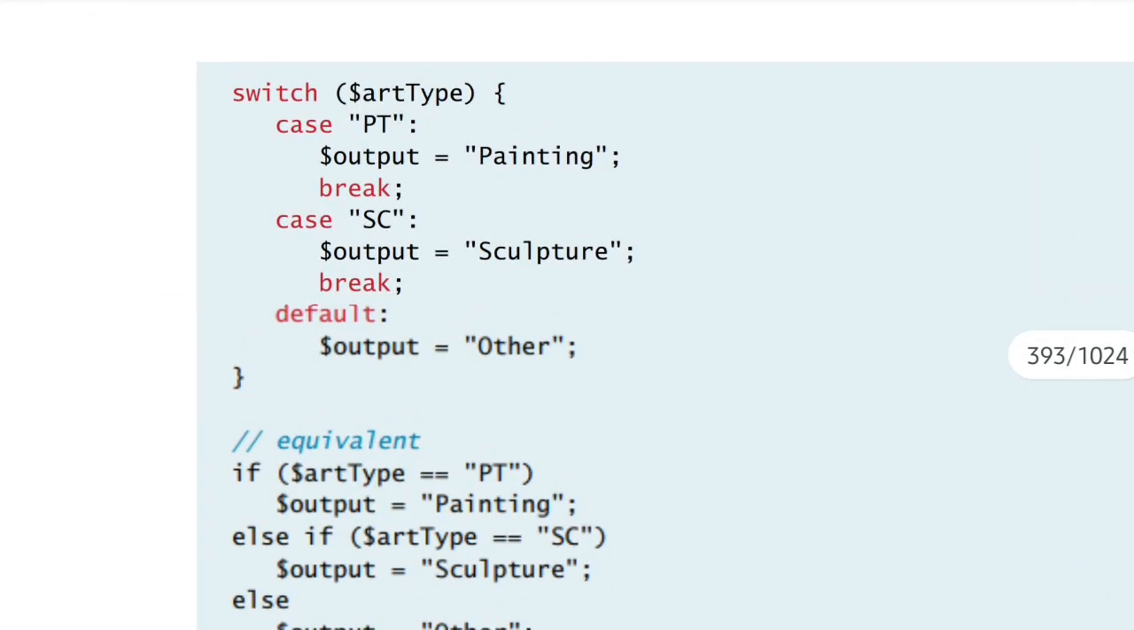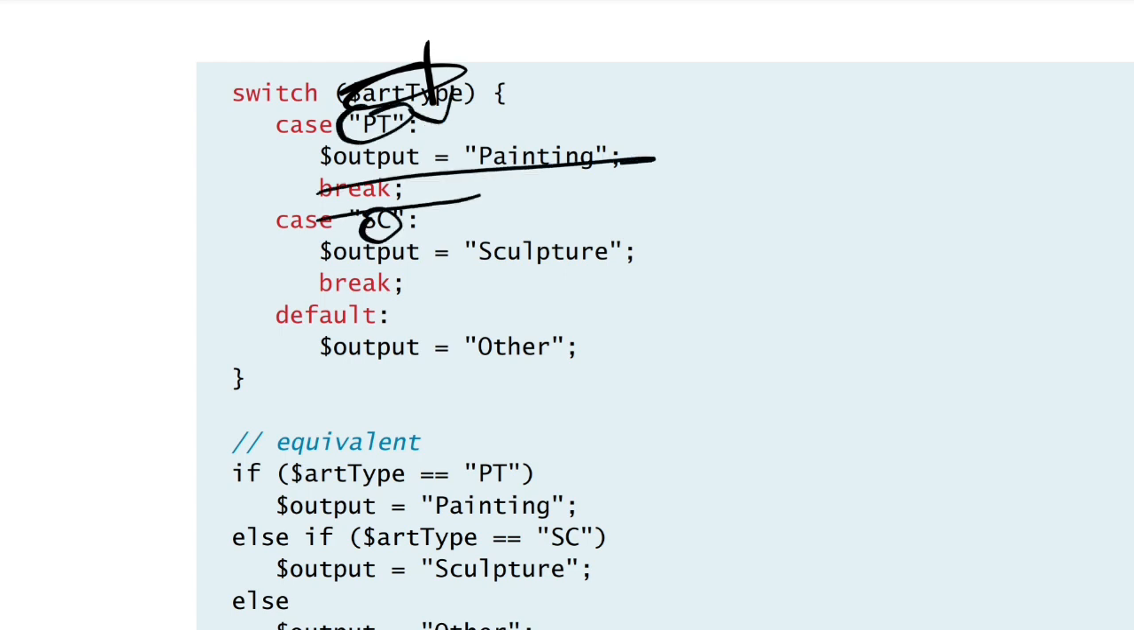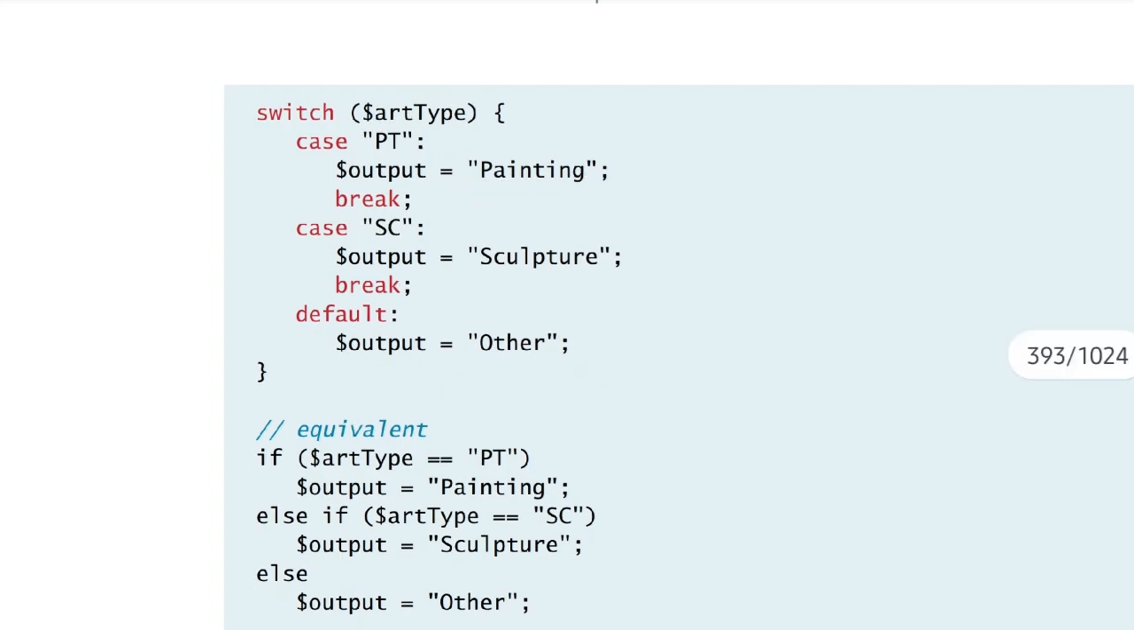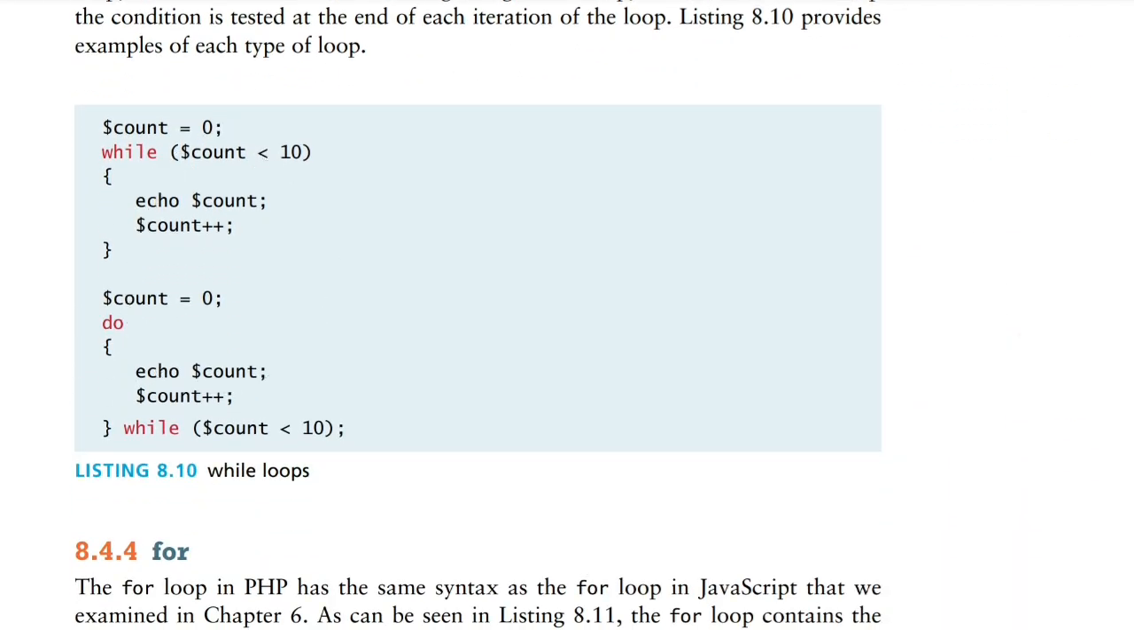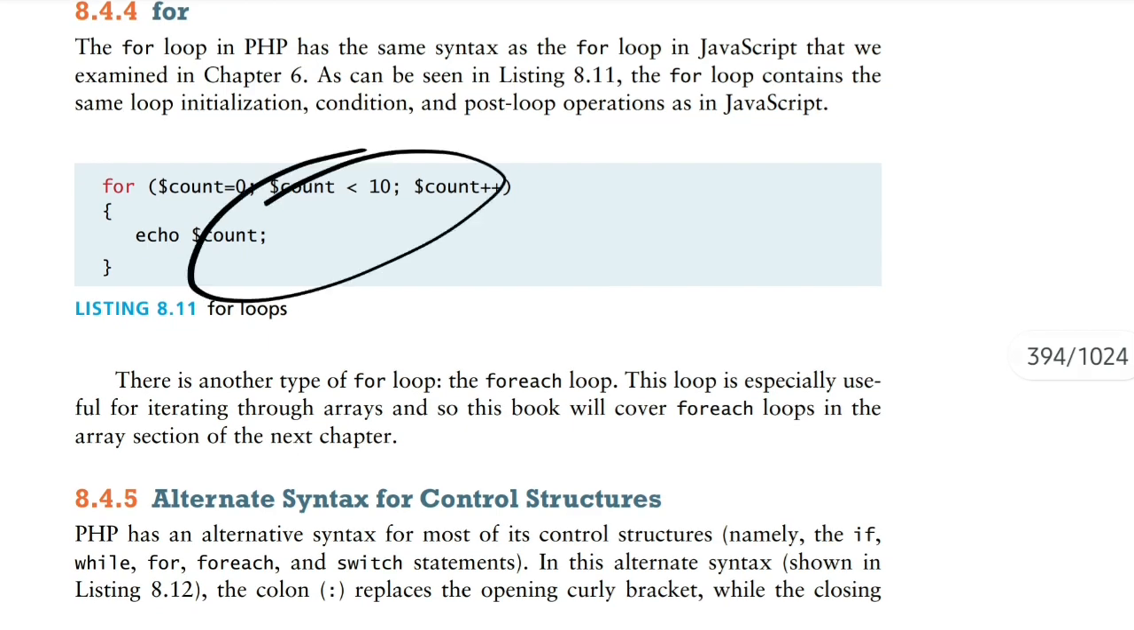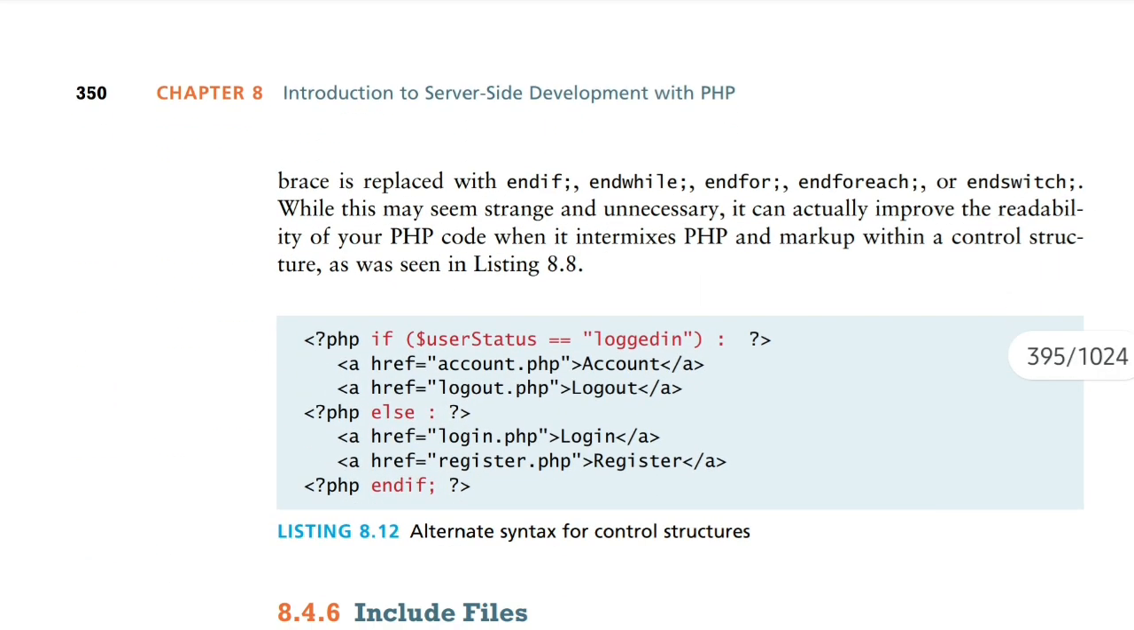Then switch case is also the same. Switch whatever you want, meaning check the parameter here. Whatever the parameter matches, what output should be there, that you will be specifying here. While is also the same. Okay, nothing much difference. For loop also is the same as JavaScript. And